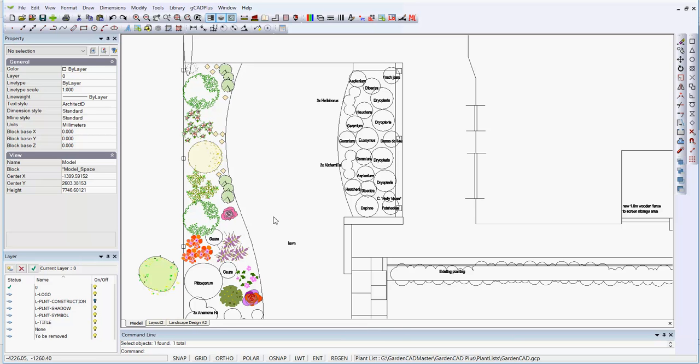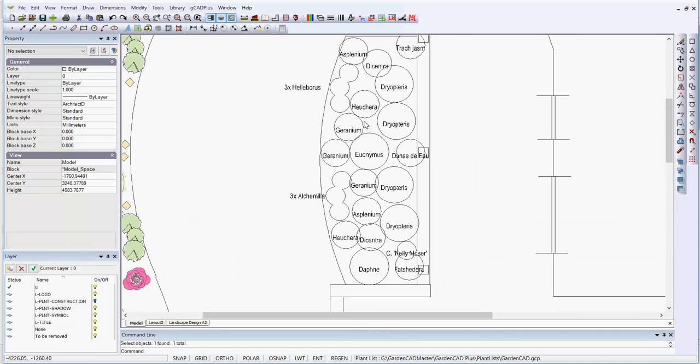Well, this is the second movie in a series where we're looking at Vectorworks drawings in the gCADPlus environment. We've used DXF Exchange to get the drawing in. I'd like to point out a number of differences. The first is that on the right over here are some of the symbols that Vectorworks use that have been